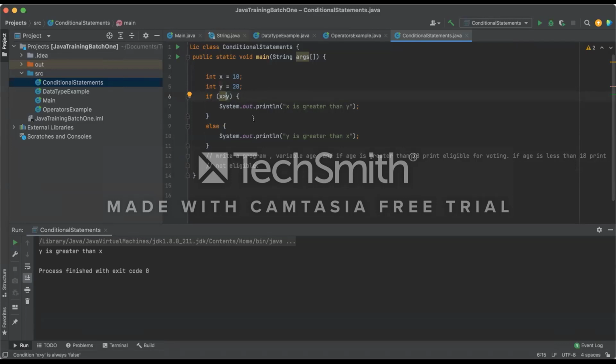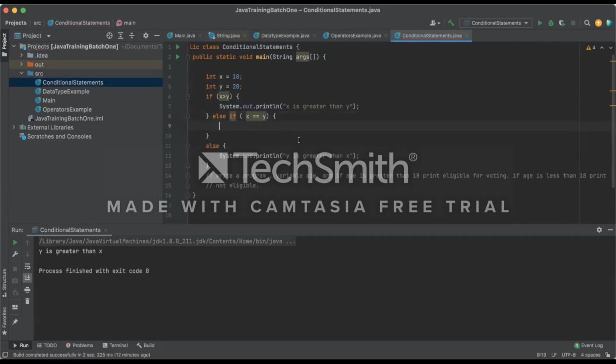Then I want to do something else, right? So there is something called else if, right? So my else condition with an if statement. In this case, I'll check if my x is exactly equal to y. Then I'm going to print